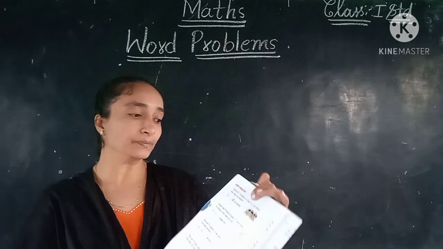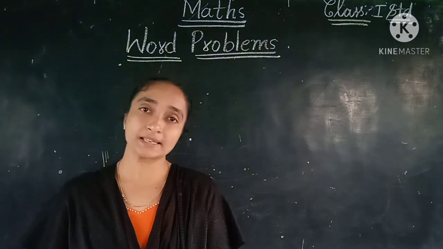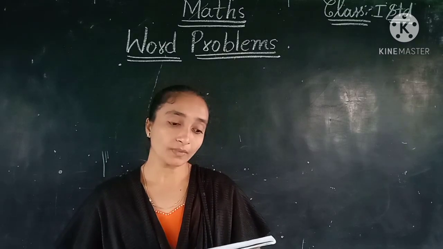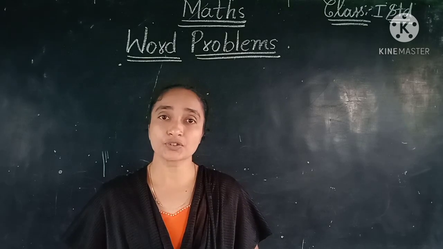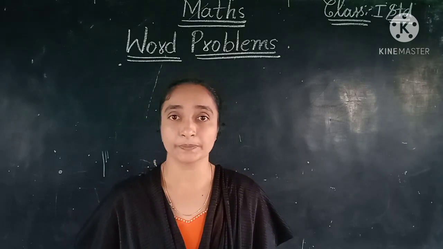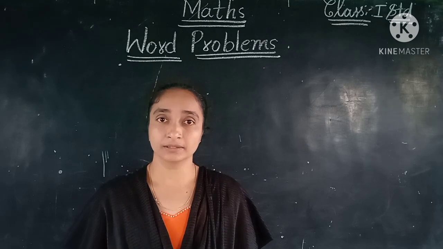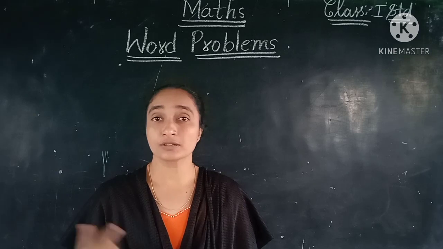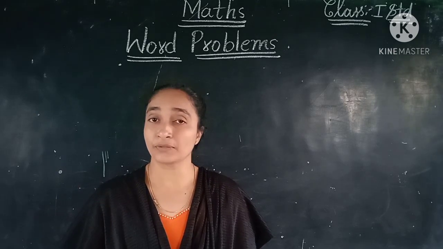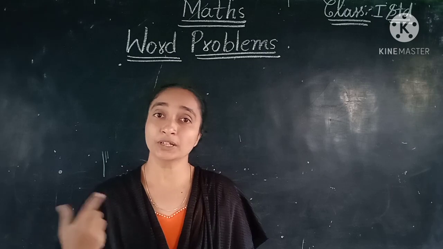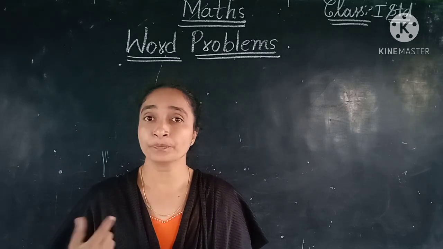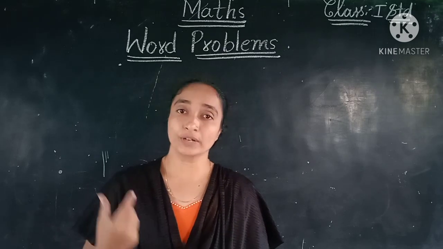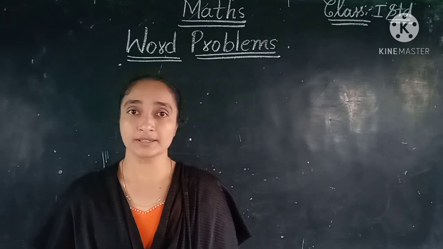So here we can see, children, word problems. The first example is already completed in our textbook. So let us see that example. There are 27 children in 1C. So in first standard, C section. A section, B section, C section. In our school we have different names for the sections. We used to call them Rose section, Lotus section, Lily section, isn't it, children? In the same way, A, B, C they are keeping the sections.